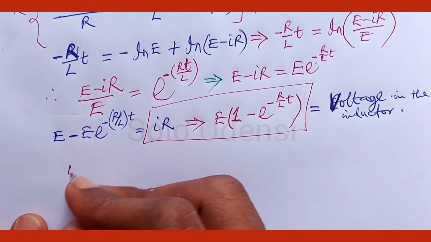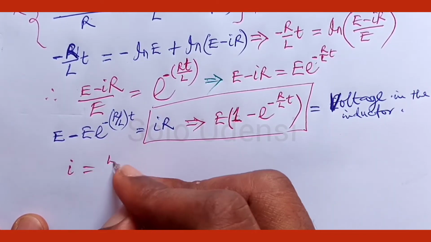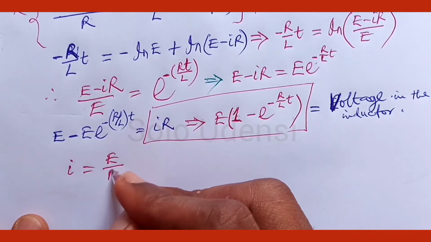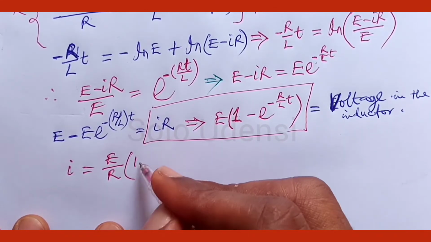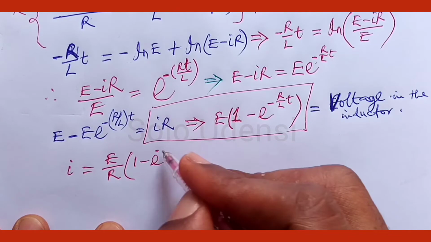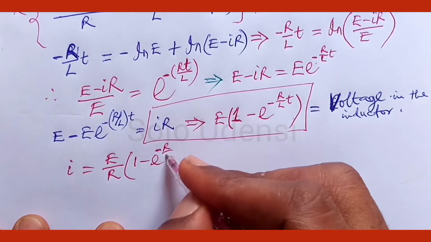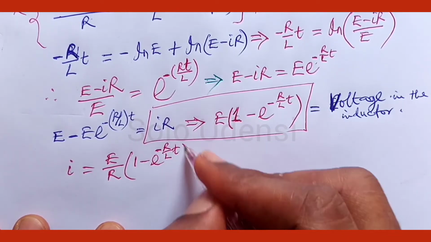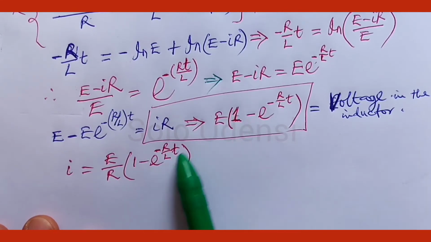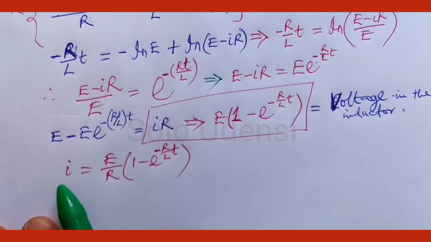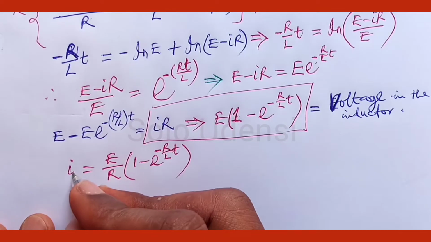So you see that I is equal to E over R into 1 minus exponential minus R over L t. From these two equations, the voltage in the inductor VL and the current in the inductor IL, if you like,